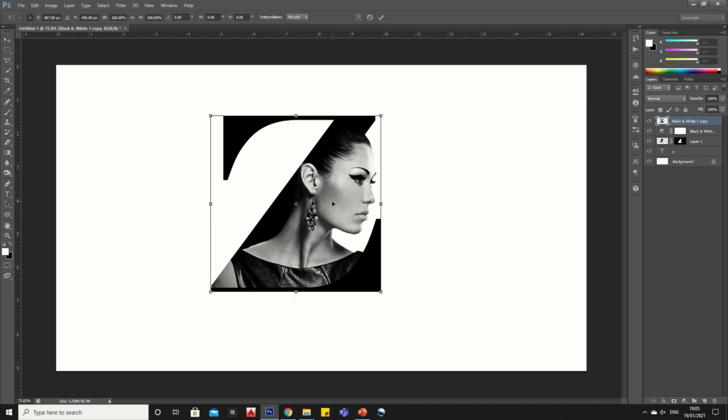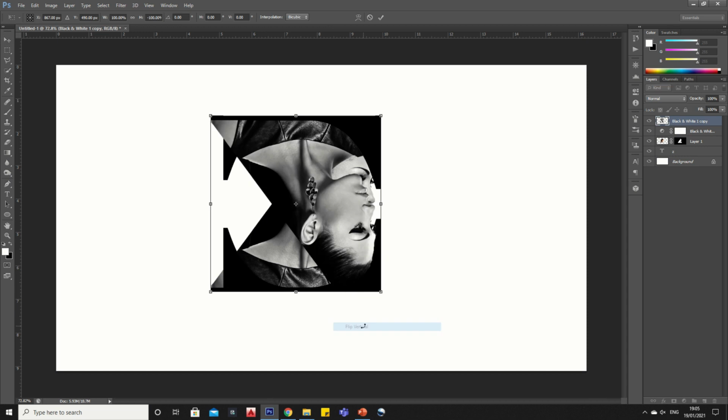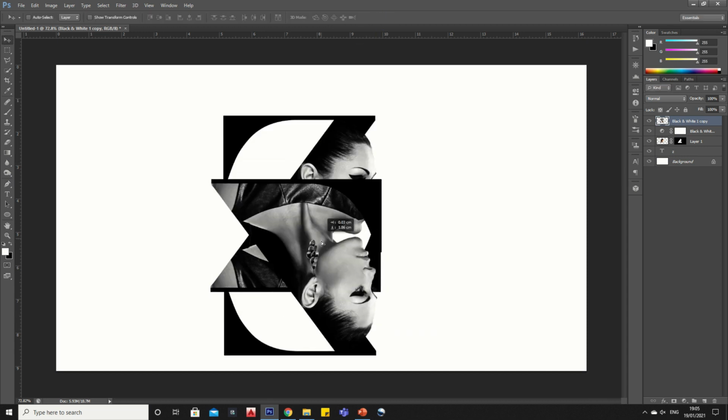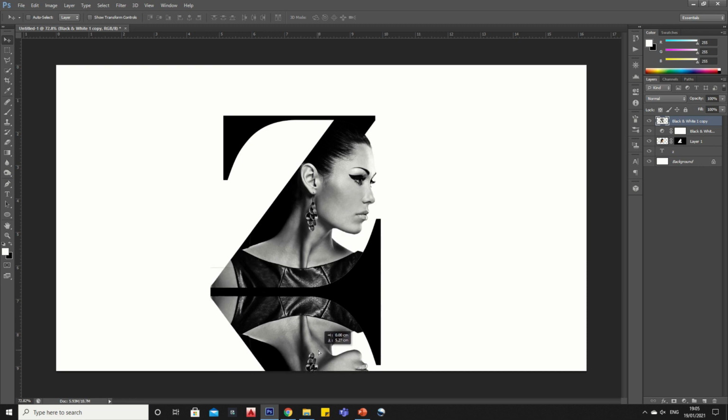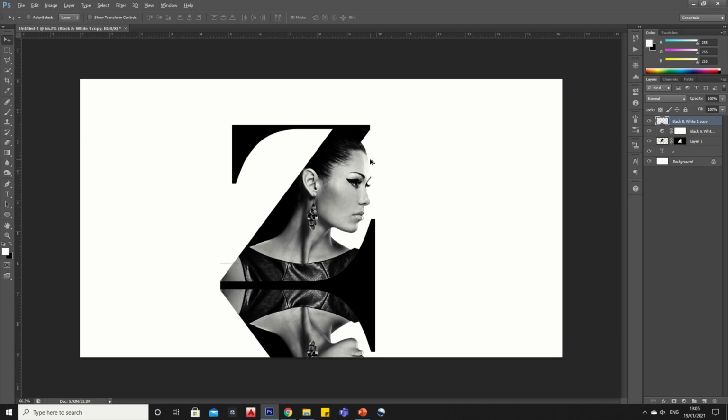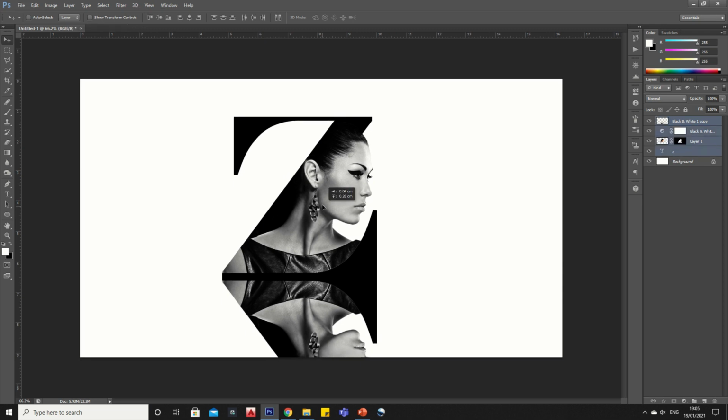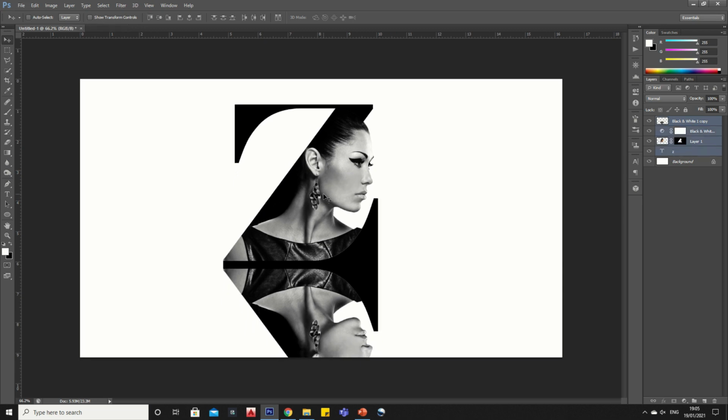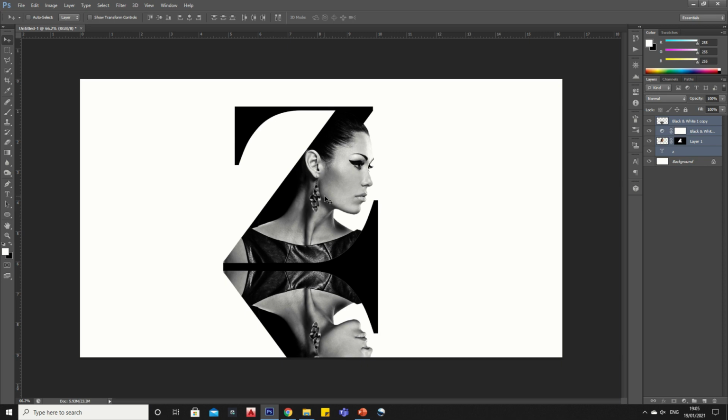Press Ctrl+T, then right-click and select Flip Vertical and bring the image to the bottom. Now select the Gradient tool and apply a gradient effect on the bottom image.